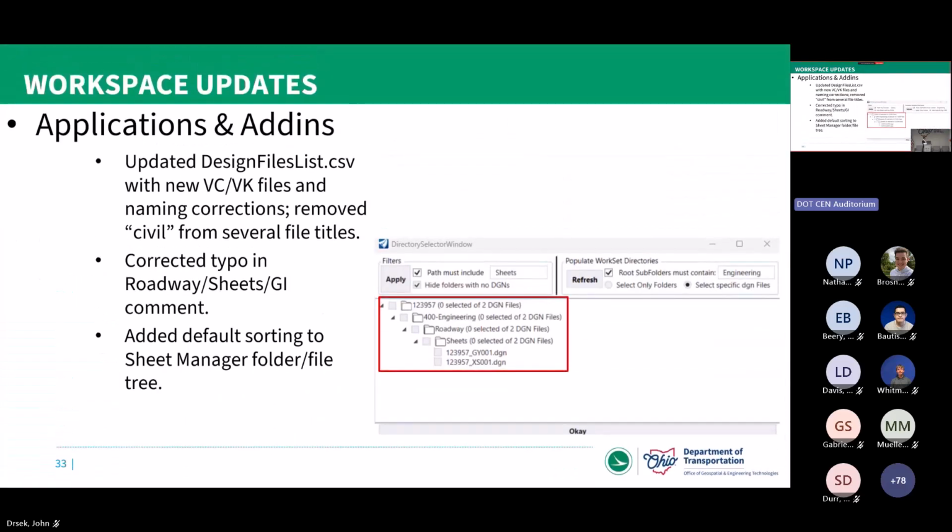The idea behind the VK file was that a lot of times when the surveyor develops the existing right-of-way, the existing alignments, the geometry, as a designer we would need to add a profile to that. And there was always a conflict of who owns that file. So the idea here is that the surveyor developing that alignment, from plans or from monumentation,